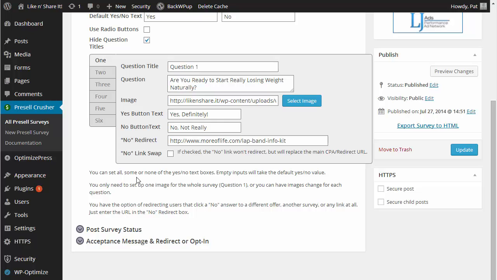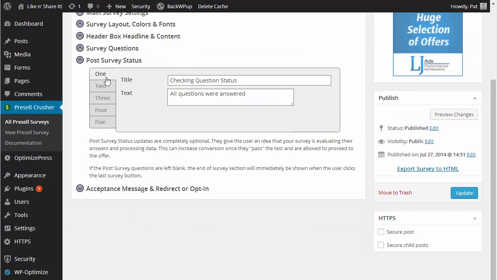Should you need more questions, you can easily redirect a customer to a completely different survey if you need to ask even more questions. Usually you don't need to do a whole lot of that, but it's really good if you want to segment people out and send them to a completely different page or different offer. As you can see, we've got 6 questions here just in succession, and the next section down here are the